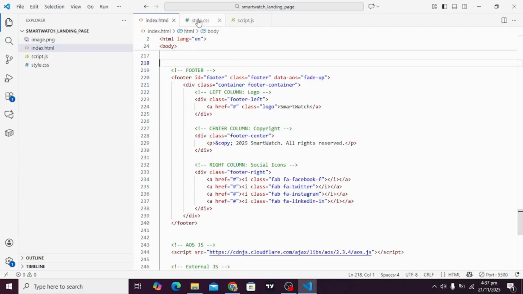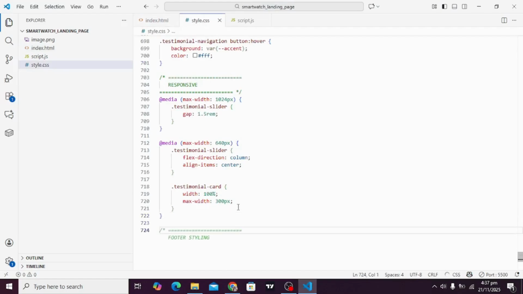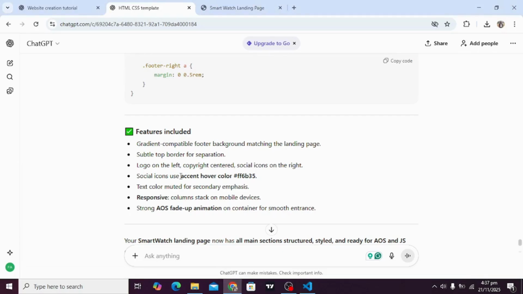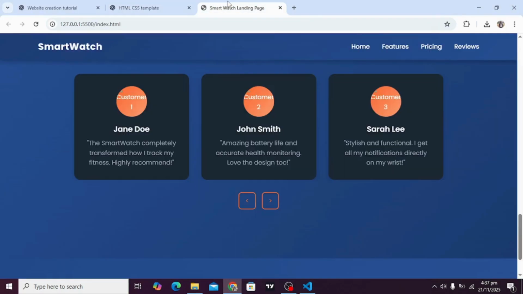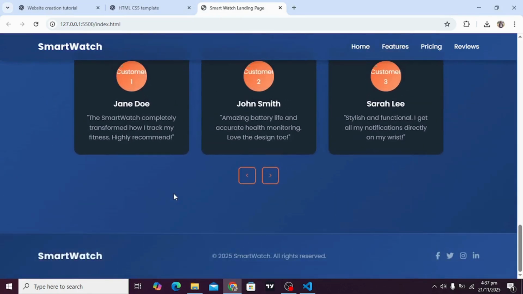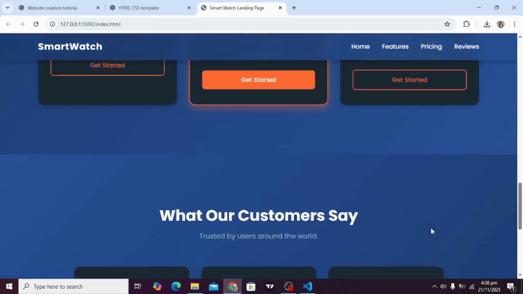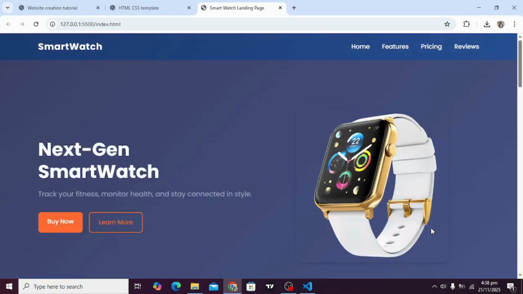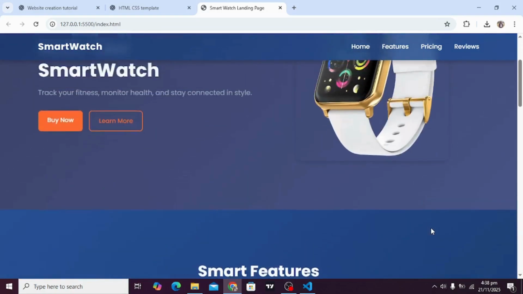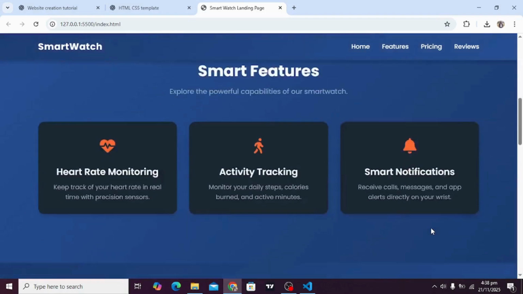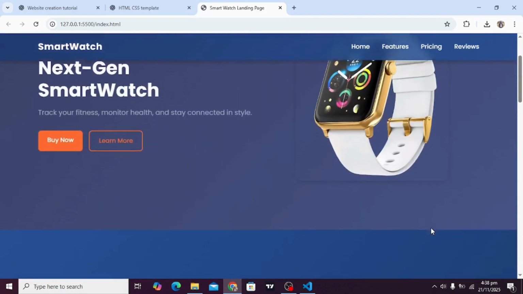So let's copy our styles and Control V. So here you go, and let's see how our footer looks. Here you go. As you can see, it automatically refreshed for us. We don't need to refresh our page. Smartwatch, content, and on hover, as you can see, beautiful animation. It looks very good. So far, our page looks very cool. As you know, we created it in merely 10 to 15 minutes, and it looks good.